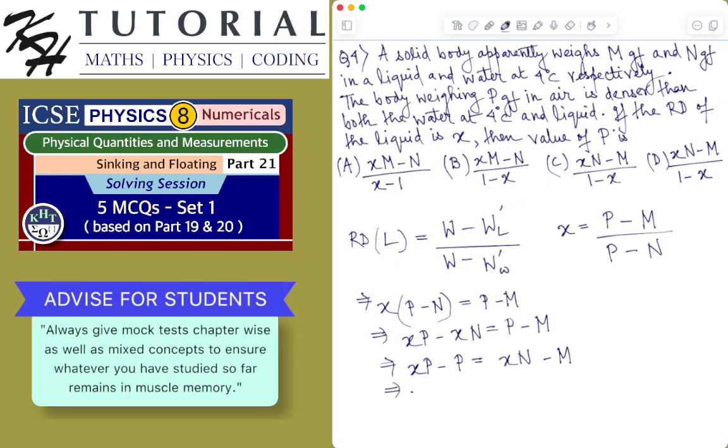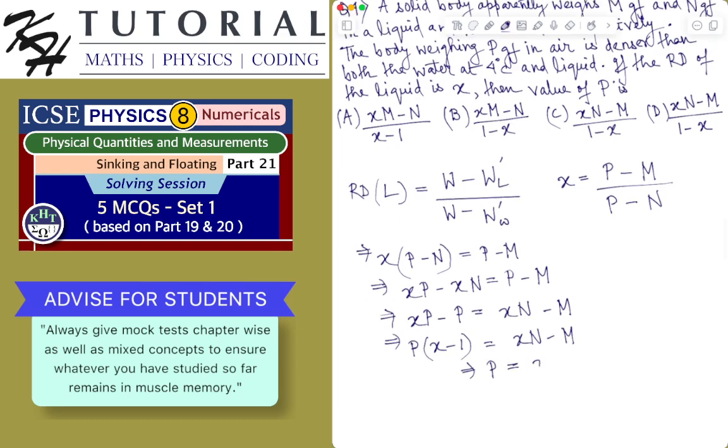This implies P multiplied by X minus 1 is equal to XN minus M, and from here we can easily get P to be equal to XN minus M divided by X minus 1. So the weight of the body, this much gram force, is the weight of the body. So the correct choice is